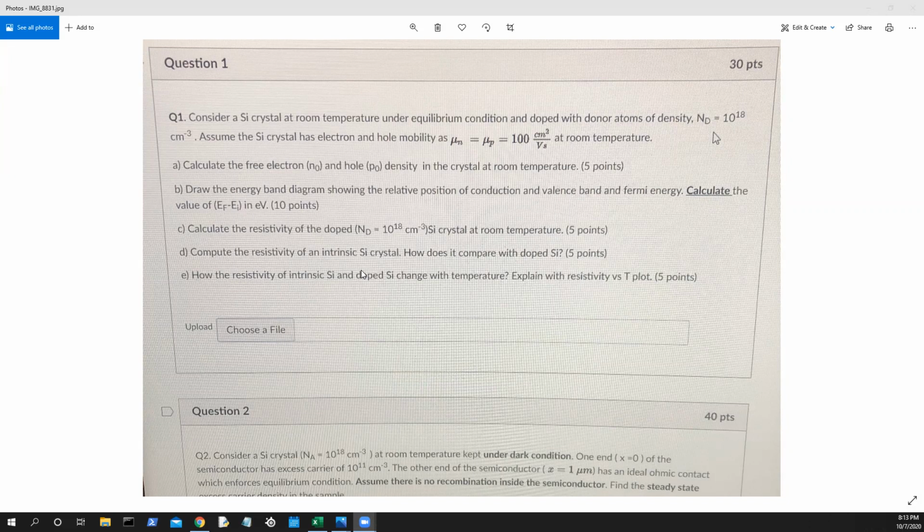So in homework 1-2 questions or question 1 type questions, you only need to solve using the majority carrier density, which is given to us as 10 to the 18th here. So the solve here is 0.026, that's a constant for all of these questions, times ln of 10 to the 18th divided by 10 to the 10th, because it's just ni, not ni squared here. So that's just ln of 10 to the 8th, times